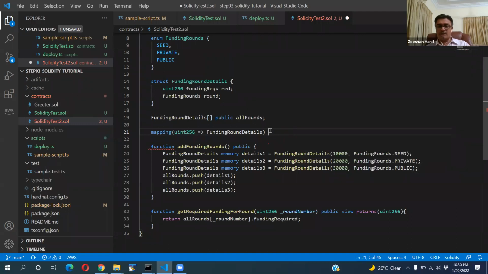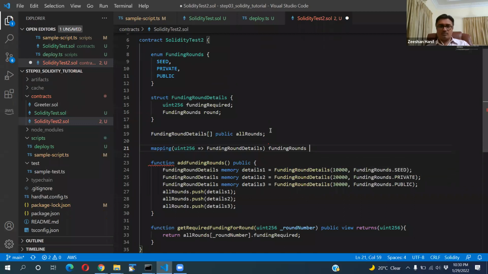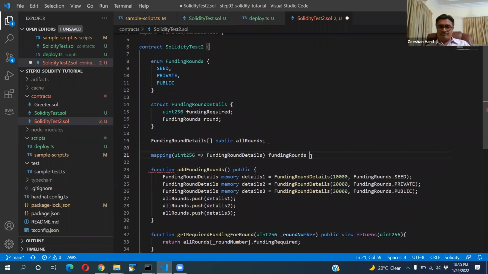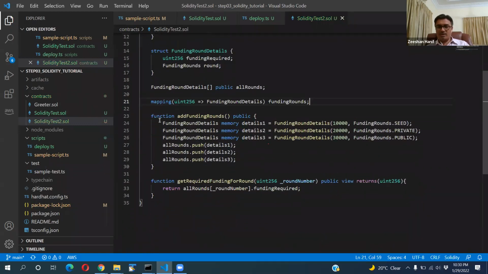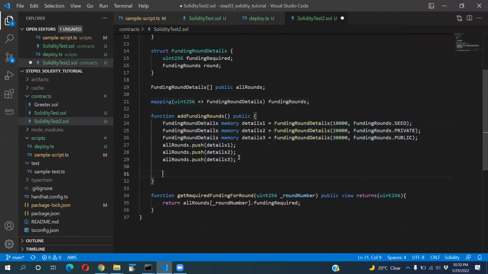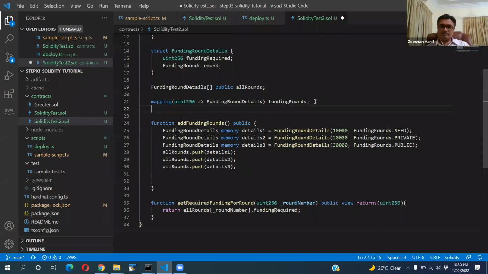So instead of using the array, I'll use the mapping. And when we are adding this round into the array, what we can do is we can keep the